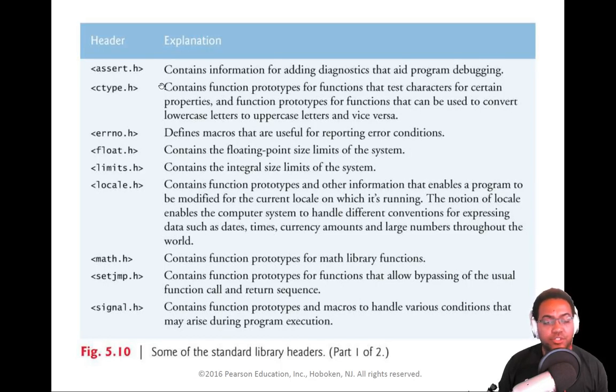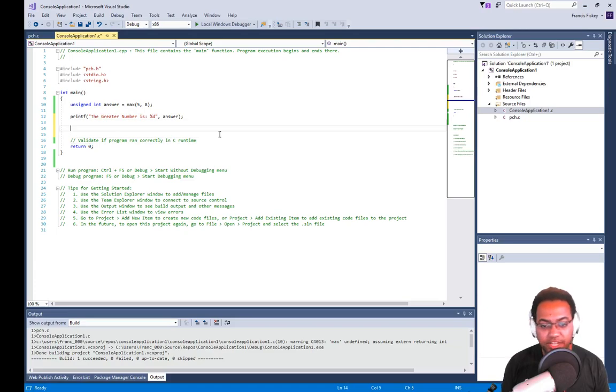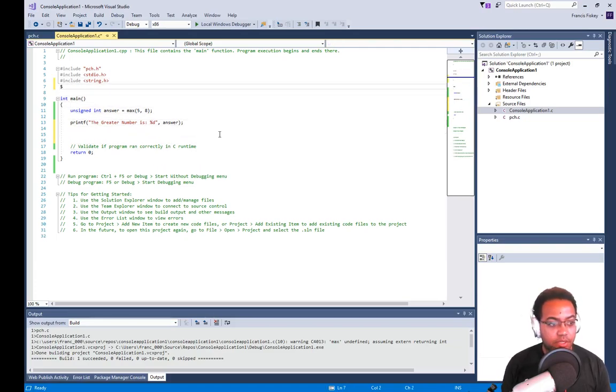There are other headers that you can use or other classes that are contained within the C library. These are just a few of them. The ones that are important to you are float and math. The math header allows you to call math functions that are already created and available to you in the C library. So if I wanted to call the math function square root, I don't have to create that. I don't have to write square root in there and do the validation for square root and all that jazz. I don't have to write my own square root function. It already exists. All I have to say is include